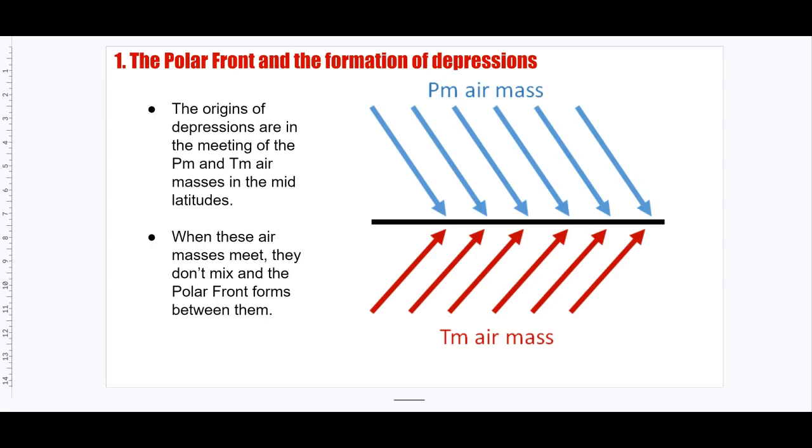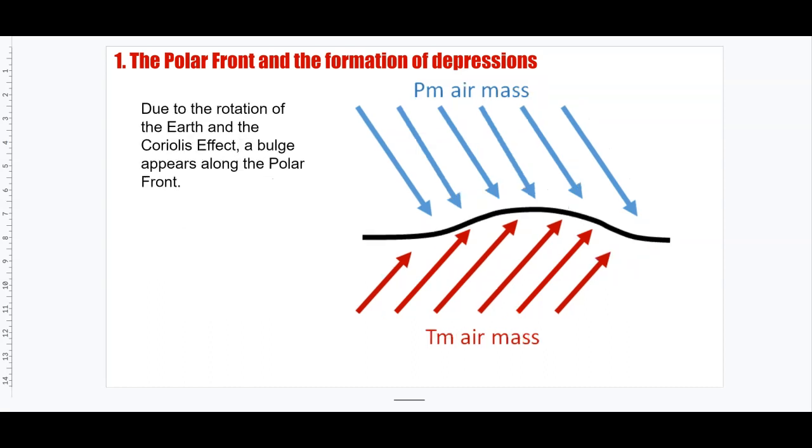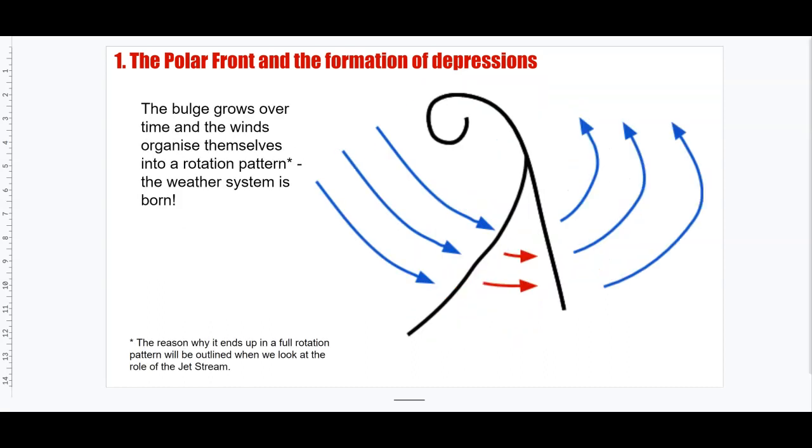The polar front bit's very simple, where you've got the TM air meeting the PM air. When they meet, they do not mix. Think P7 discos. Rather, a front forms between them called the polar front. Due to the rotation of the Earth, that can form into a bulge. Then over time it'll develop into a fully fledged depression with warm front, cold front, occluded front, and it will